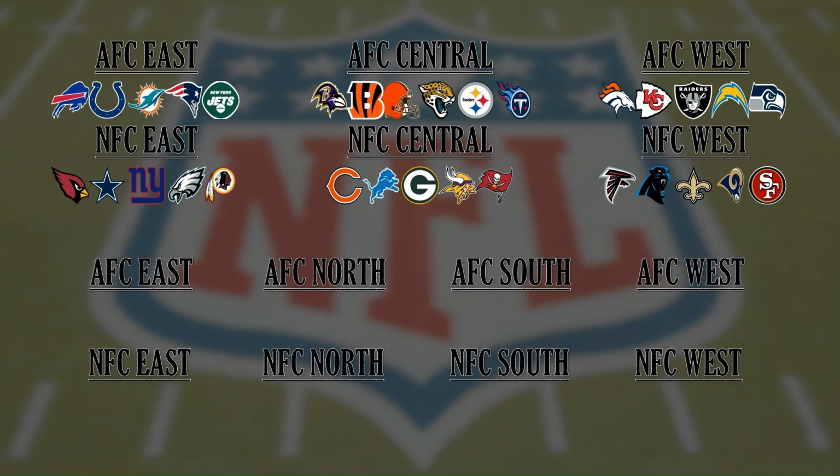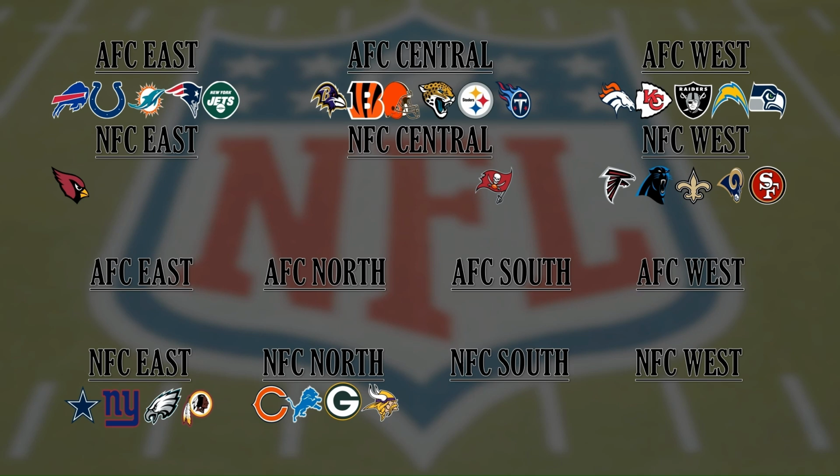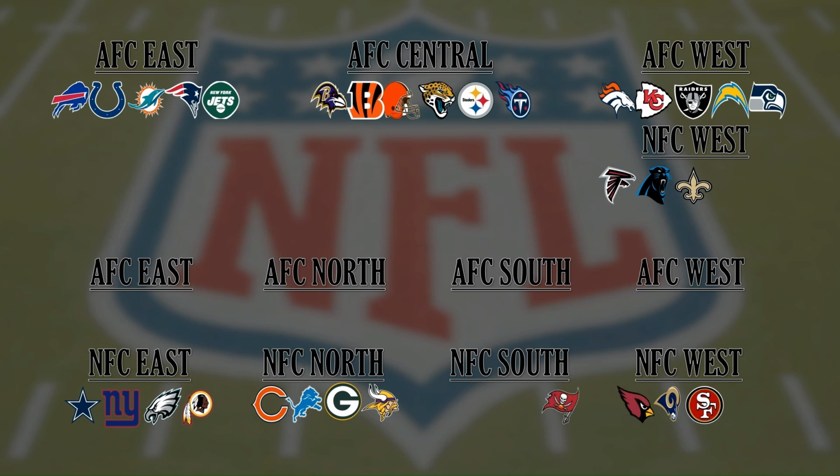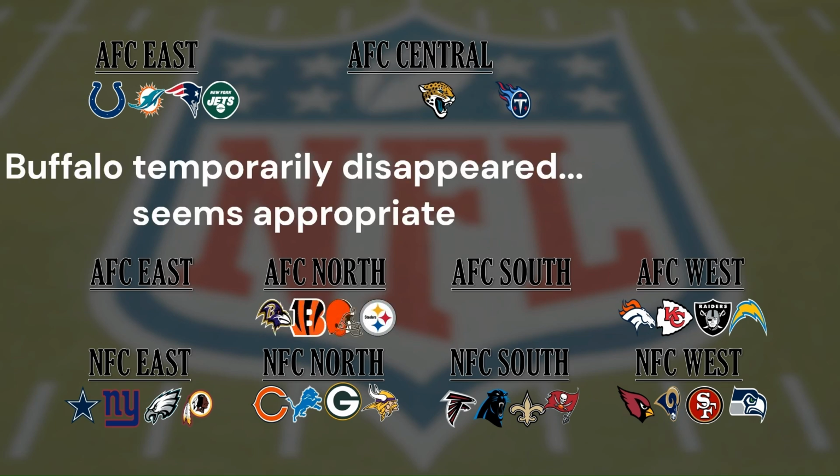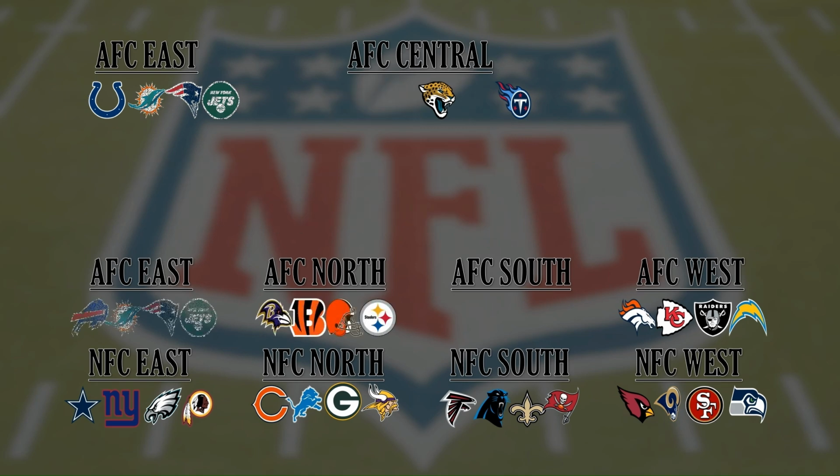The division structure switched to 4 divisions of 4 teams in each conference. The East remained the East except for the Cardinals. The Central became the North, leaving the Bucks behind, and only the 49ers and Rams stayed in the West. They were joined by the Cardinals, while the Bucks went to the newly formed South, joined by the remaining members of the former West. The AFC West remained the same except for the Seahawks, who stayed in the West but switched to the NFC. 4 members of the Central became the North, and the East ditched the Colts.